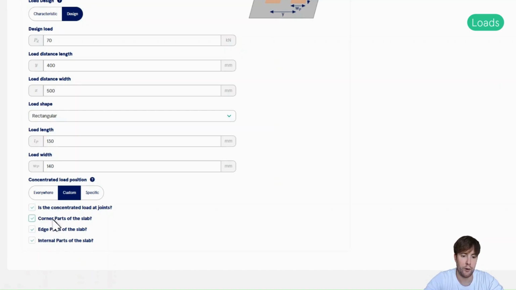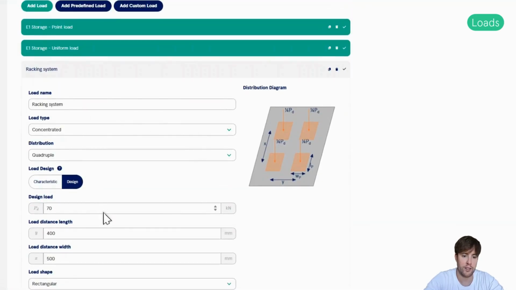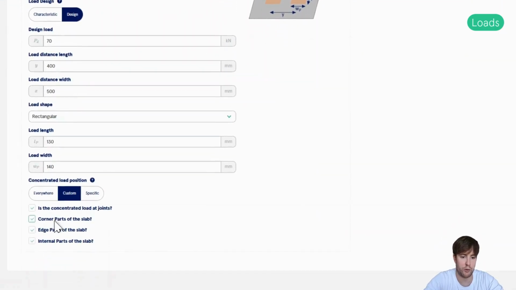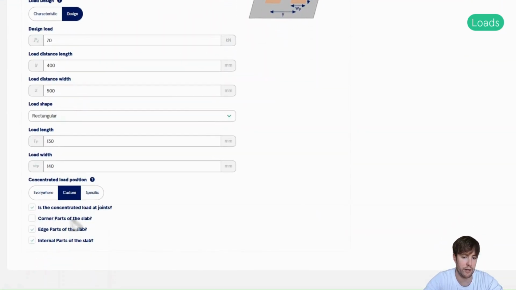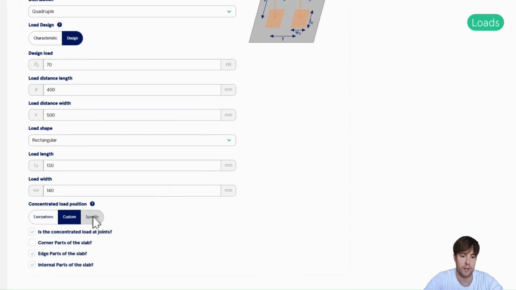So let's say I know for a fact, since this is a racking system with 4 legs, it's physically not possible to have this load at the corner part. So I will untick that, but otherwise I want to investigate this load on all other parts of the slab.